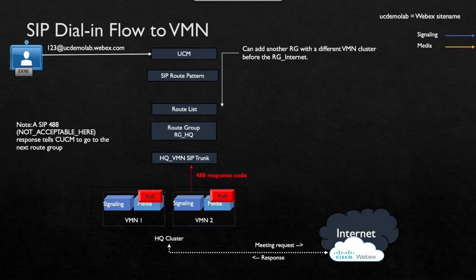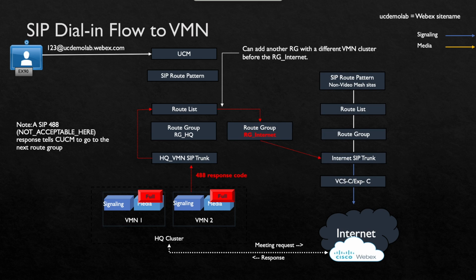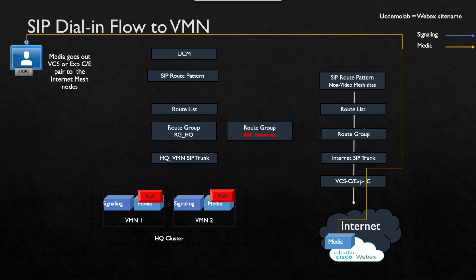Now, assuming you have set up an alternative route, then the CUCM will look into that route group, find that other SIP trunk that points to the Expressway core and Expressway edge pair, and then the call signaling is sent out through your expressways to the cloud, Webex in the cloud, to try to establish a connection. Assuming there's no issues in setting it up in that media, direction path, now the media of that call will go from the endpoint through your Expressway core and edge out across the internet